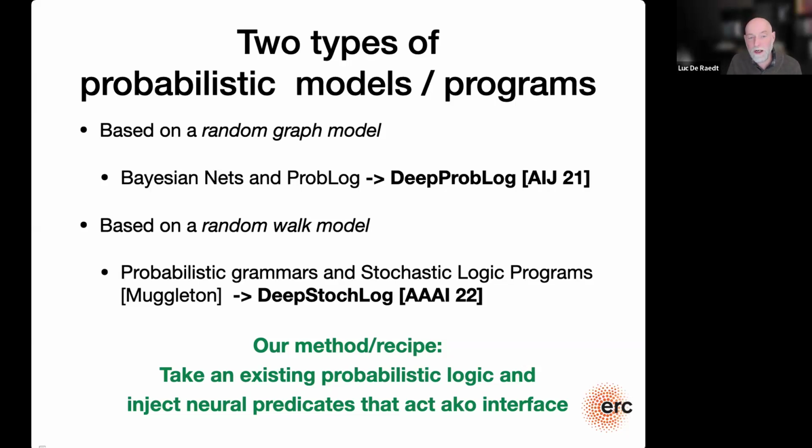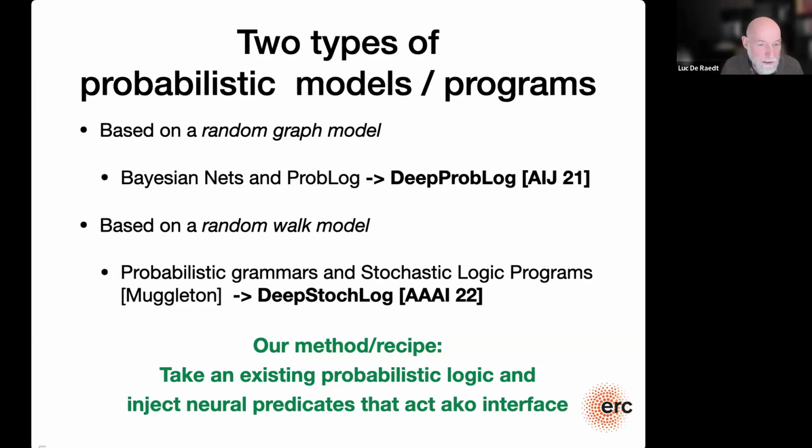In terms of graphs, it's about putting probabilities on the edges, and then sampling subgraphs from that model and working with this, and that's also at the origin of Prolog. But if you look at graphs, then there's also the random walk model, and the random walk